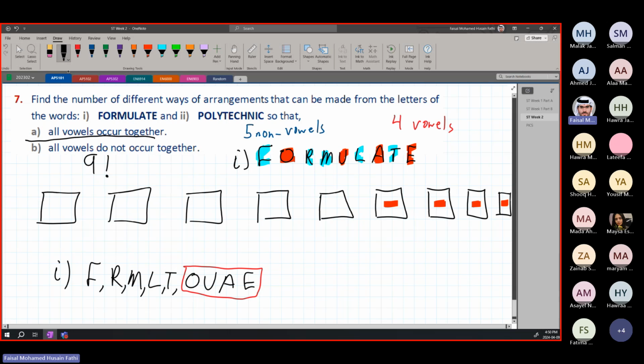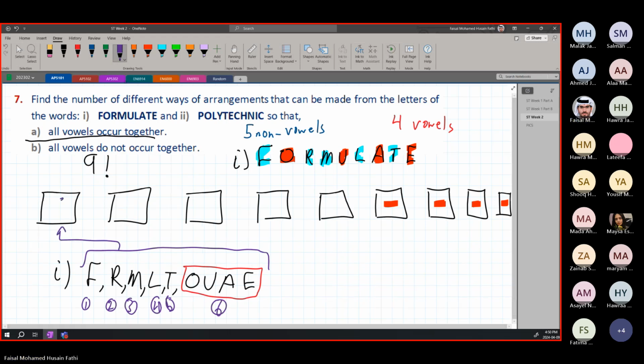And then we're going to do what we usually do. So how many options do we have to choose from for the first one? If we look at this as a whole, we have 1, 2, 3, 4, 5, and 6. We have 6 to choose from. So we choose 6 in the first one. Then we remove 1 and have 5. Then we remove 1 and have 4. Then 3. Then 2. Remember, we have reserved 4 spots for our vowels. So we're going to stop here at 2. It doesn't matter for the 1, because it's going to be times 1 anyway.